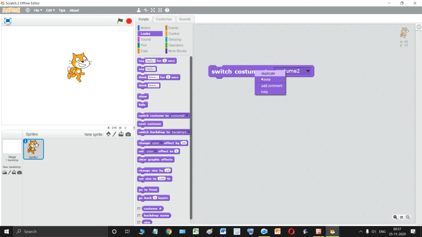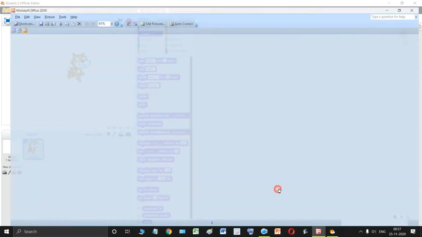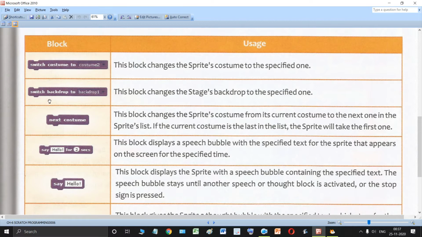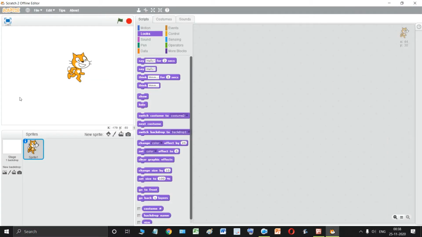Now let us see another block in looks block. The other block is switch backdrop to. So this changes the stage backdrop to a specified one. This block will change the backdrop of the stage. Right now this stage has a white backdrop or white background.